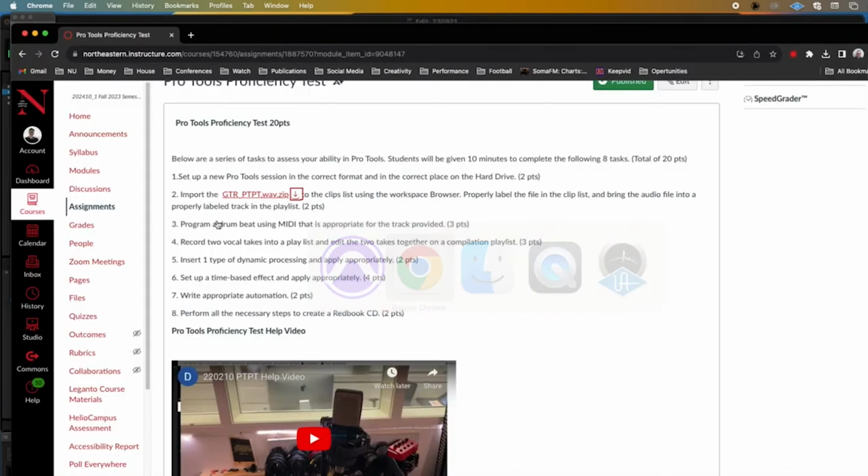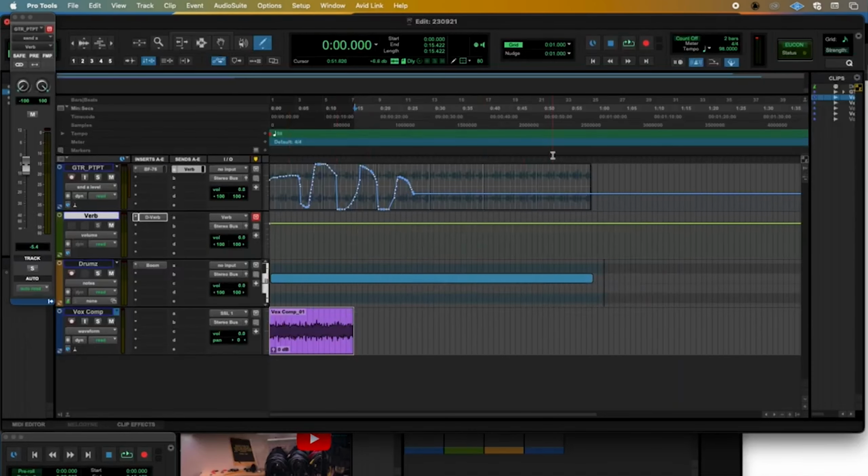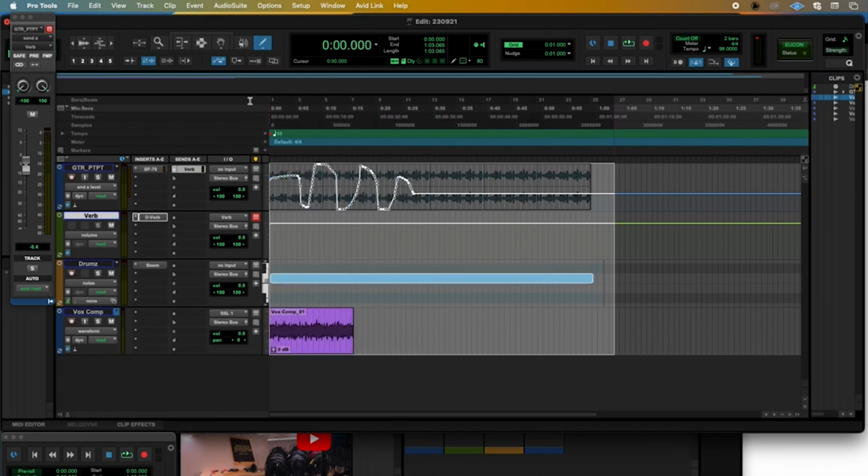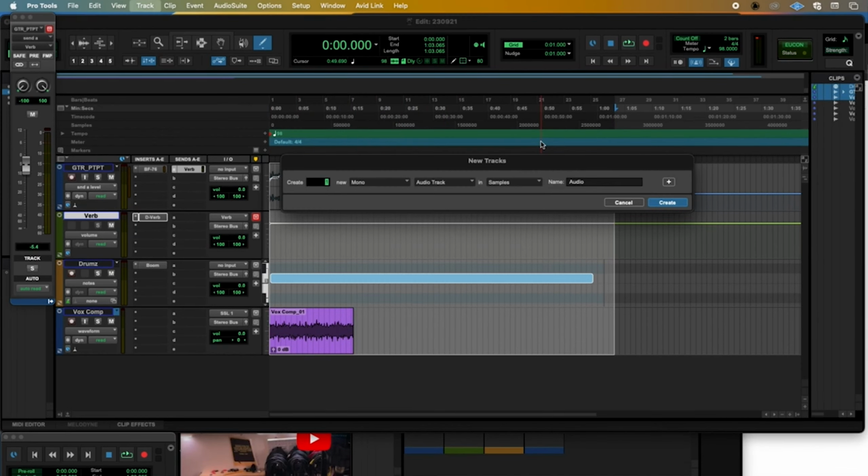So the final step says to go ahead and perform all the necessary steps to create a Redbook CD or a Redbook file in this case. So to do that, we want to select the entire track. Now, before we go and bounce anything, we want to go ahead, Command-Shift-N, and create a